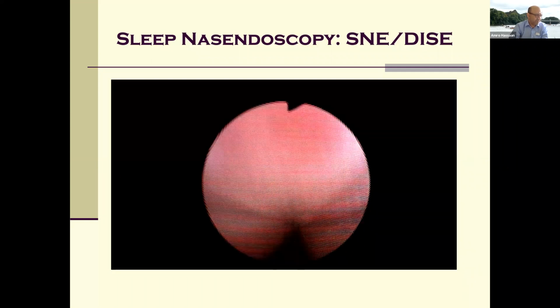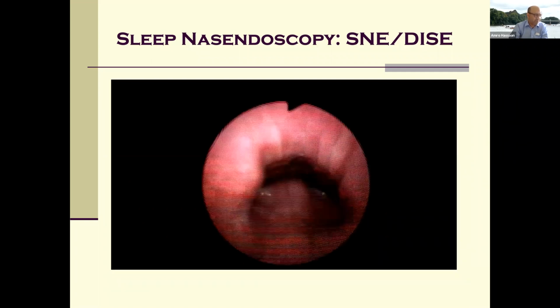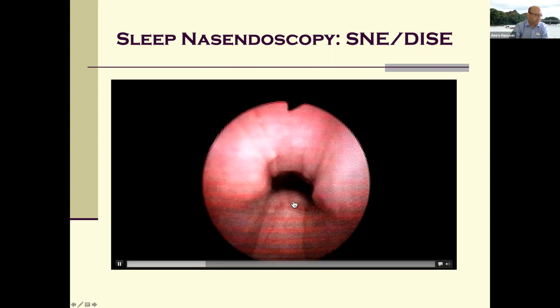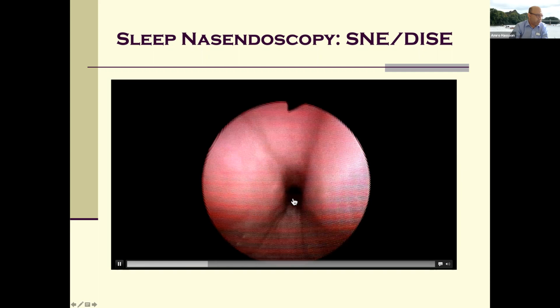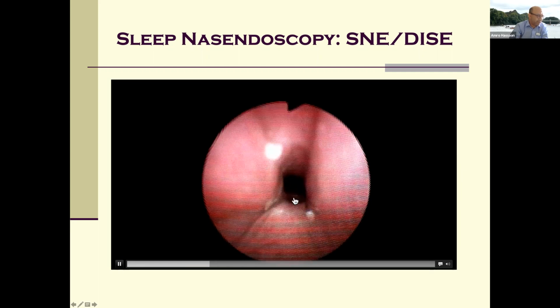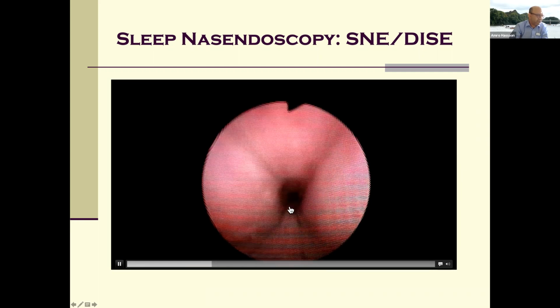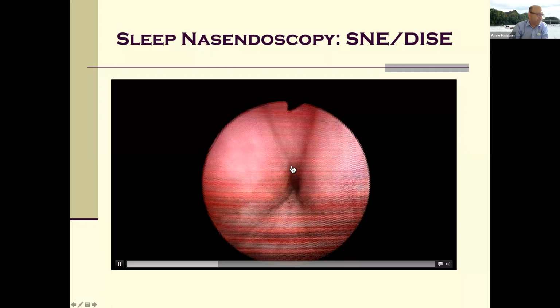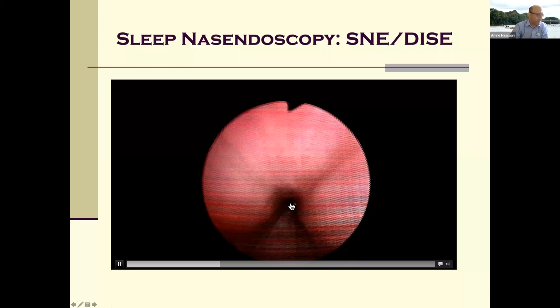He started to breathe, but the opening is really small. In most people, it won't be that small, okay? You can see that that's a breathing in, and you can see that's the uvula down there. You'll see it flopping about. Okay, and you can see, with a bit of imagination, that the uvula actually flops, hits the back wall of the pharynx, and takes up the soft palate with it.